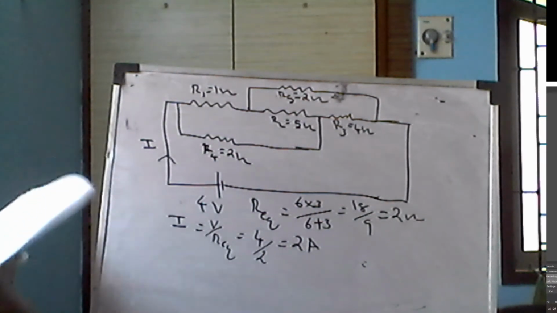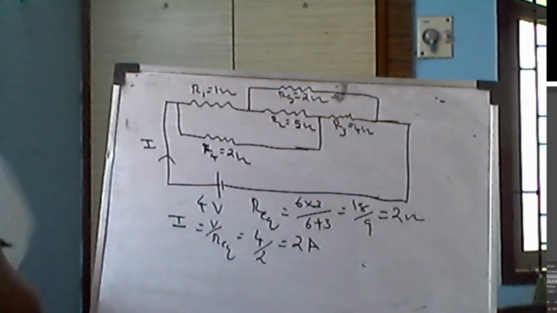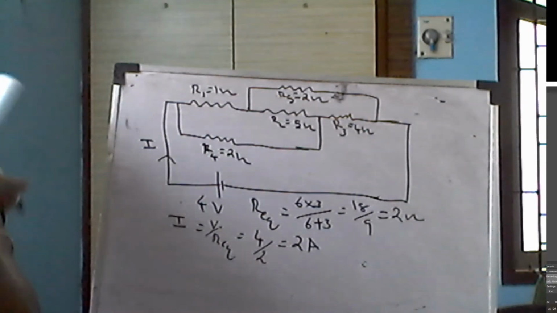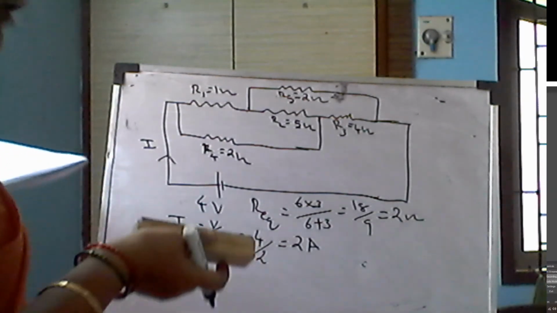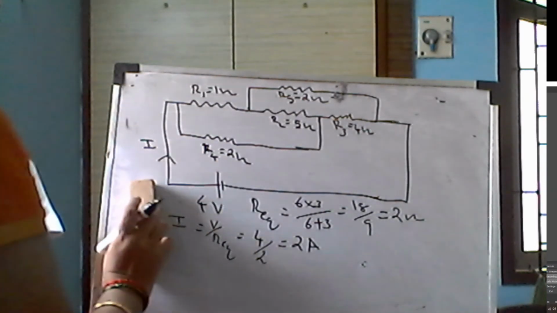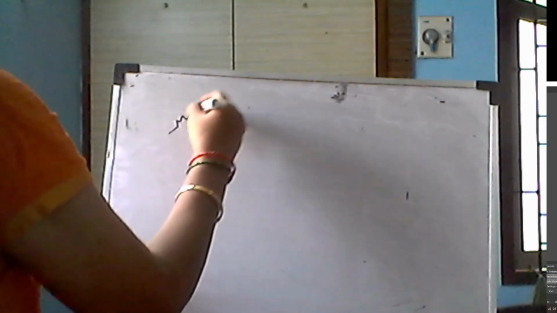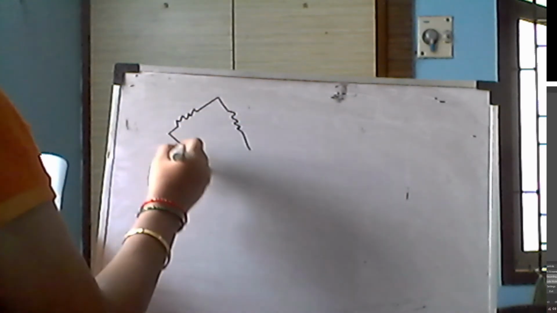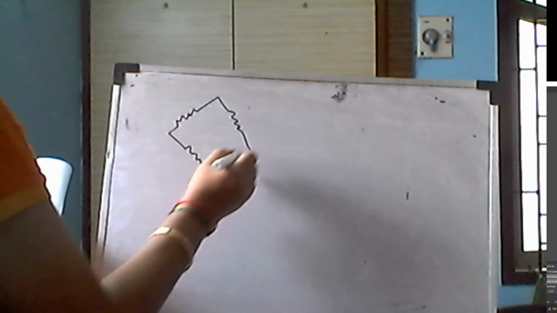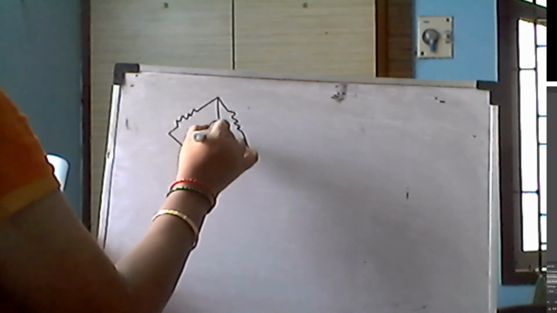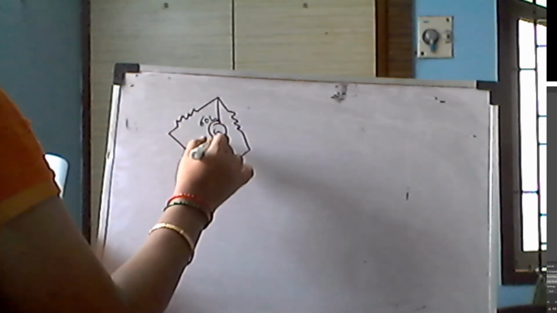Then the next one is the fourth question, the last question. You are provided with 2 Wheatstone bridges and you are supposed to find out the ratio of R1 and R2. I will show you. So I rub this. Now this is the fourth question. See how it is connected, you check. Already I told you the concept, how the meter bridge principle works and what purpose the meter bridge is used for, everything I told you.